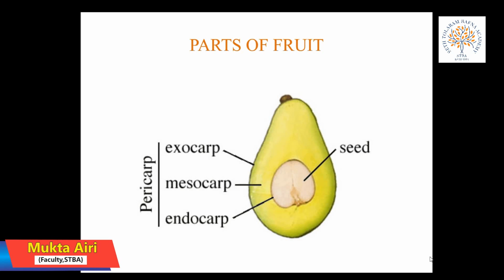Now let us see the function of the fruits. Fruits have two main functions. Fruits protect the seeds that are found inside them. Fruits have one seed or many seeds. Some fruits such as mango have only one seed. Apple and orange have many seeds. Fruit also acts as a storehouse of extra food prepared by the plant.